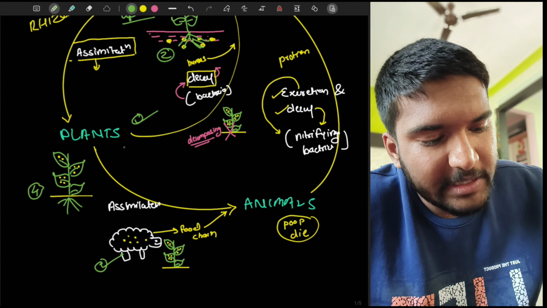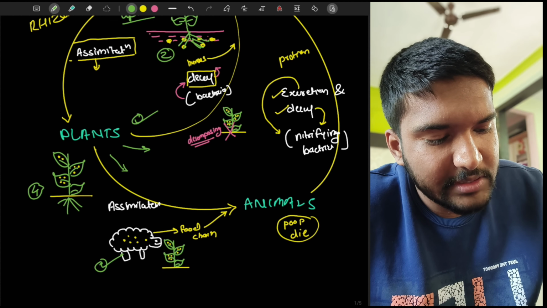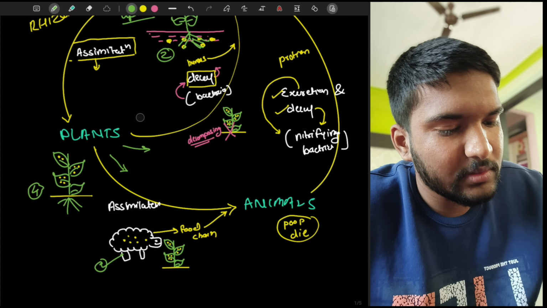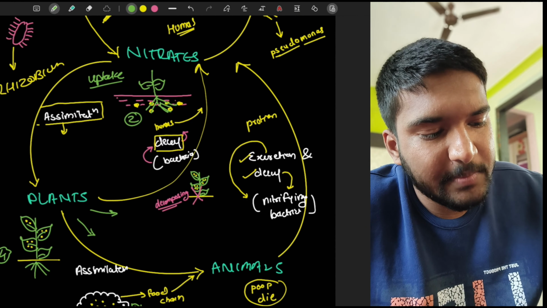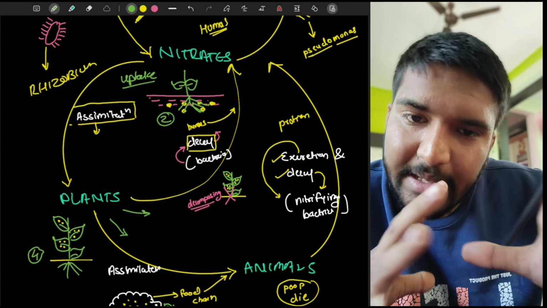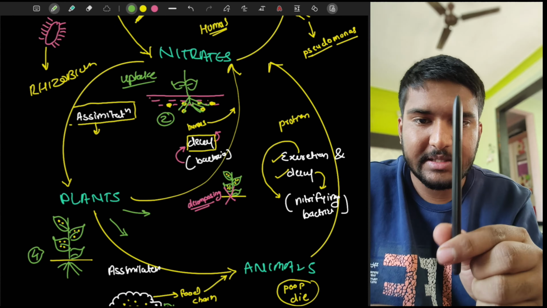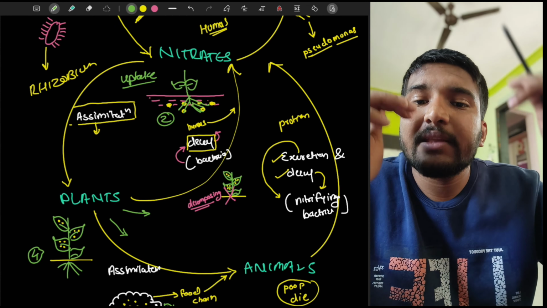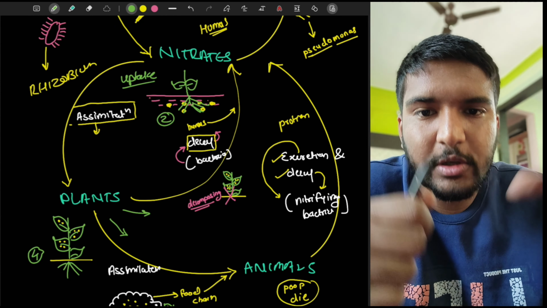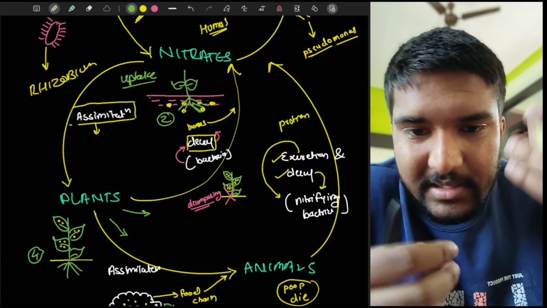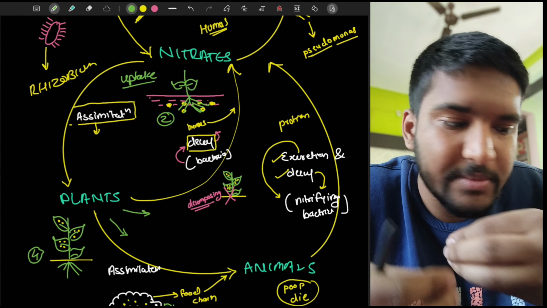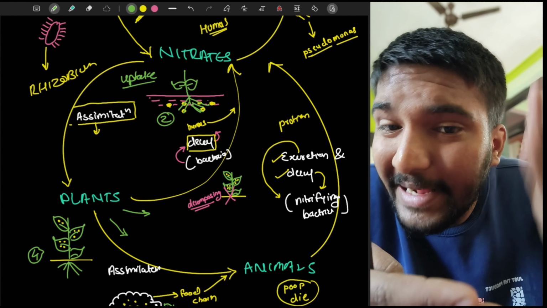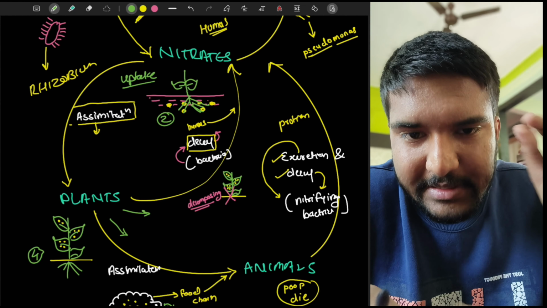So you can see there are two pathways that follow plants. First is this one and the second is this one. You can see those clearly. Let's talk about the first pathway in which a plant dies. So this is a plant. It dies. It gets into the soil. It gets covered by soil. Then there is development of bacteria again. So what do these bacteria do? Bacteria break down these plants into smaller pieces.